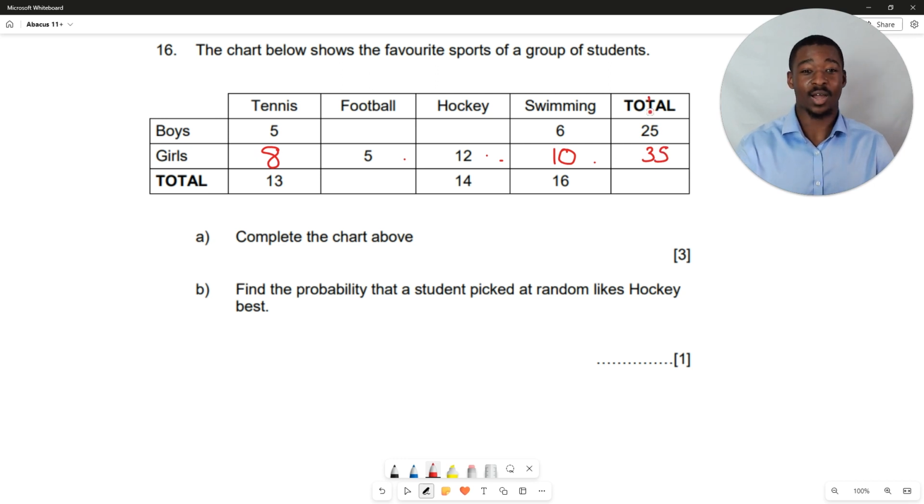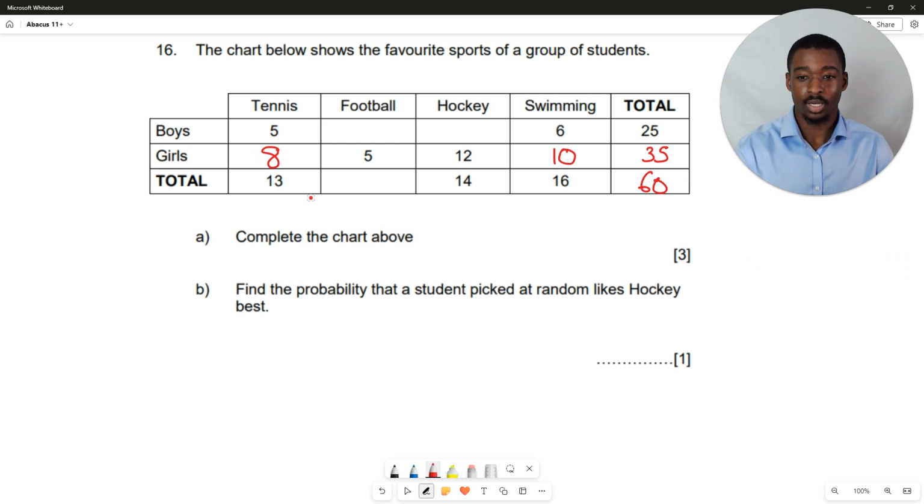And now we can work out the total of the totals, right? We have 25 plus 35. So 25 for boys, 35 for girls, or 25 plus 5 is 30. 30 plus the remaining 30 is 60. Great. Now we can work out this unknown. So you see how we're going through the table systematically, trying to work out the situations where we only have